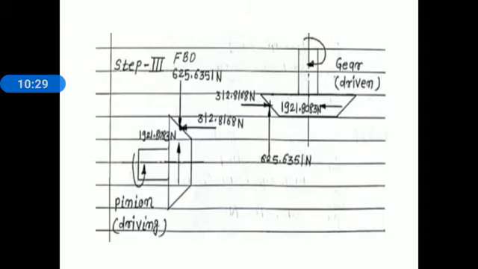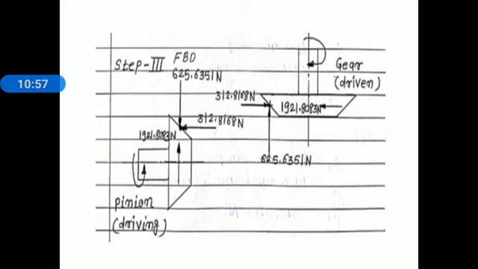Now for drawing free body diagram, it must to draw bevel pinion and bevel gear, that is shown on the screen, like that. Now see the pinion we consider as a driving element and gear as a driven element. See the direction of rotation of pinion and direction of rotation of gear. Now here first of all we represent the two component on pinion and gear.